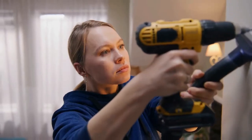Just Google Realtor Stacie curtains and you'll find a ton of stuff on staging curtains and windows and things like that. So a lot of stagers won't do them because they can't hang curtains efficiently in a time-sensitive manner and they don't want to put holes in your walls. I will put holes in your walls to make you $5,000 or to make you $1,000 or to make you $500